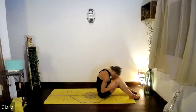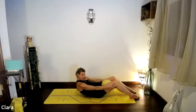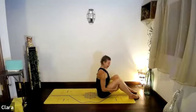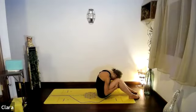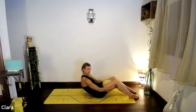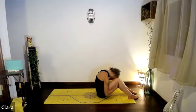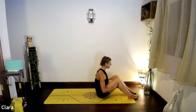Breathe in, lengthen. Breathe out, forward. Use your core, squeeze your inner thigh. Breathe in, lengthen. Breathe out, roll back. Good. 2 more. Breathe in. Breathe out. Breathe in. Breathe out. Last one. Breathe in. Breathing out. Now breathe in, let go of your legs and walk your way or go down 1 vertebra at